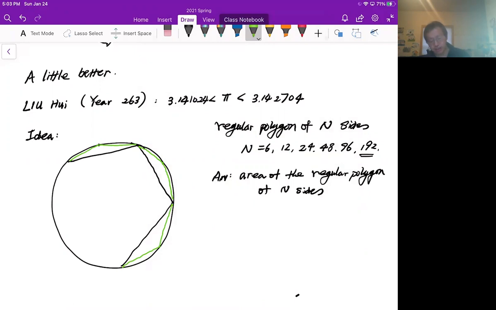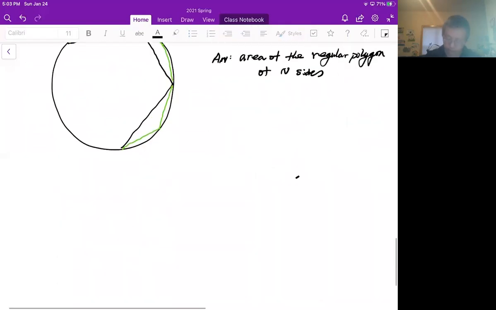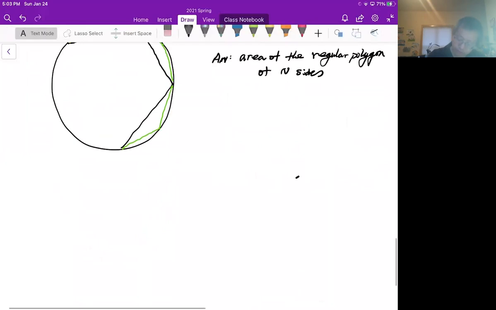And his idea is not like the previous one. The previous one is using the circumference, and he said that let's try to consider the area. All right, let's consider the area. So first of all, he's going to show the following. So here is a theorem. Okay, the theorem is that, let's see,